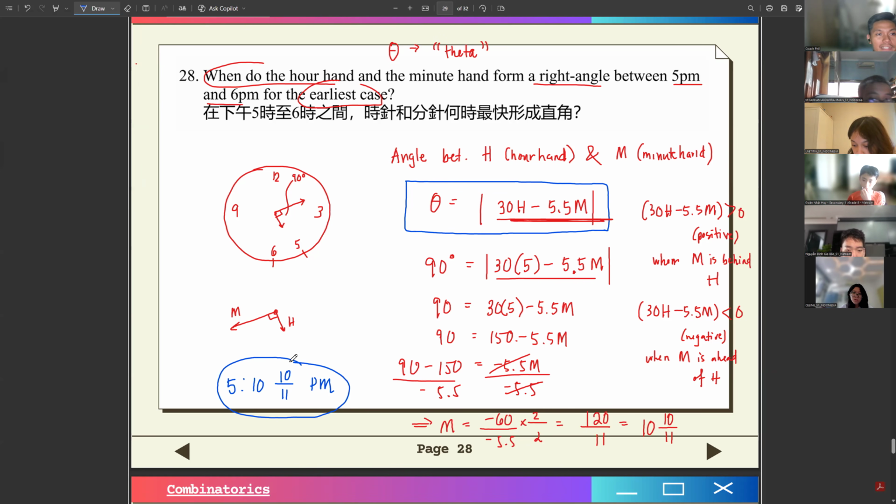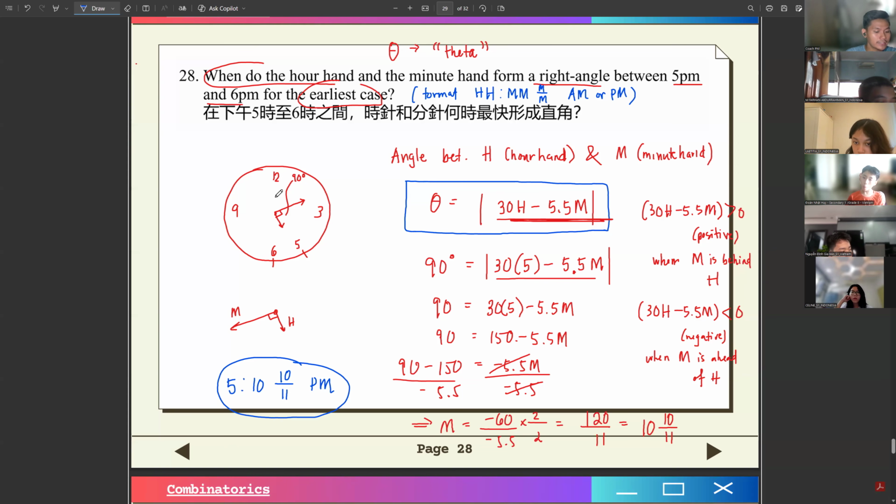Sometimes it asks for the correct format. Sometimes it says the format should be 2 digits for the hour, 2 digits for the minute, and then a fraction like this. Let's say, for example, like this. And then AM or PM. Okay? But if it's not given, what should be the correct format? You have to include the hour and the minute, including the fractional part, no? To be more specific, to be more accurate. It's not valid if you round this up to 5:11 p.m. Okay? That's not accurate. So this fractional part should always be there.